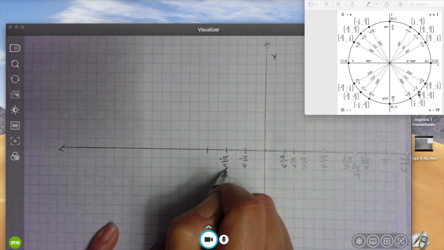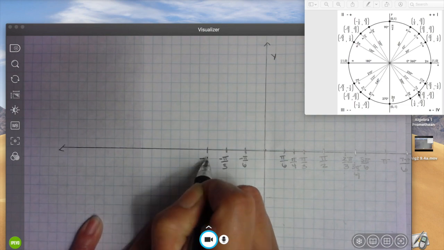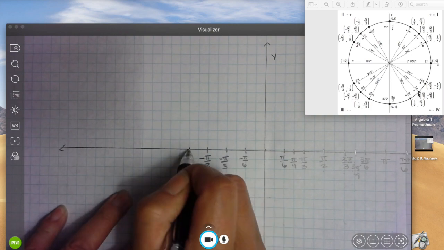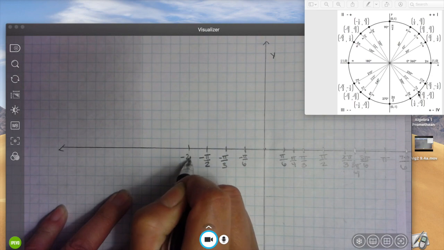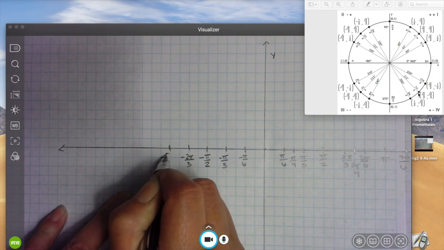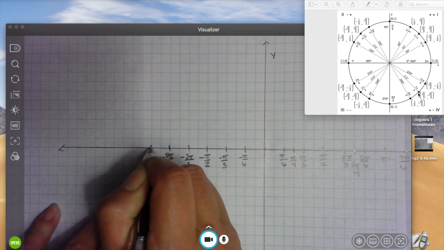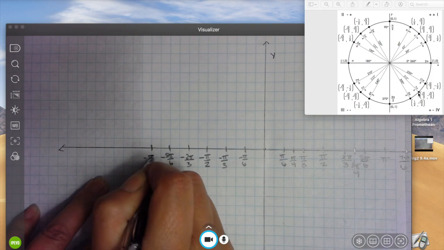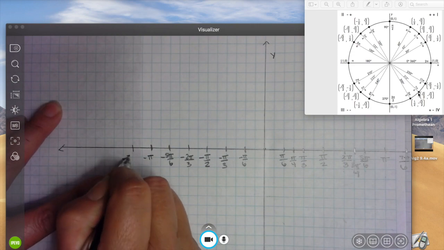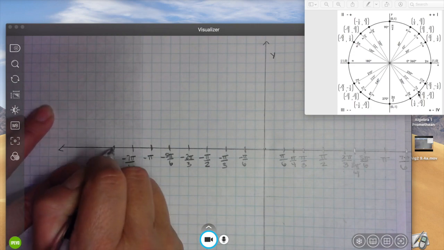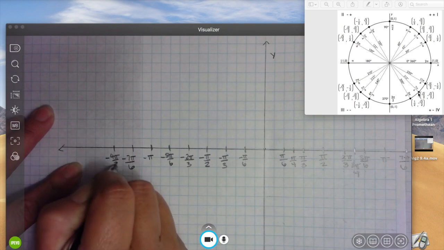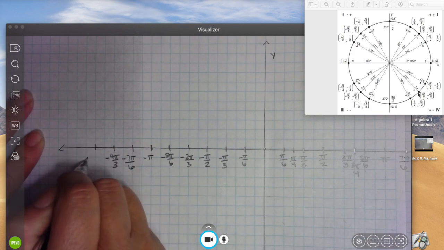Negative pi over 2, negative 2 pi over 3, negative 5 pi over 6, negative pi, and I see I'm going to have to put more space in here too, negative 7 pi over 6, negative 4 pi over 3, right? Negative 3 pi over 2,